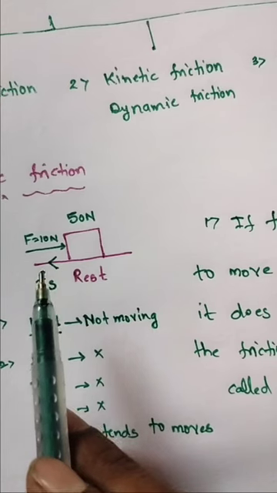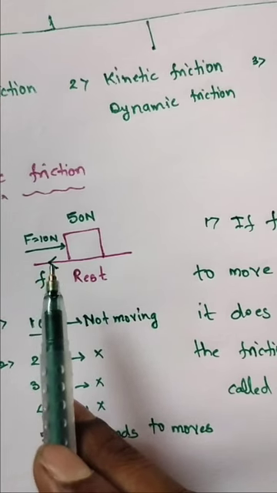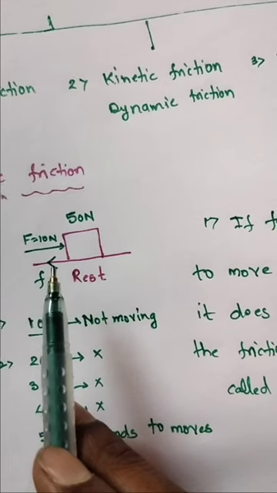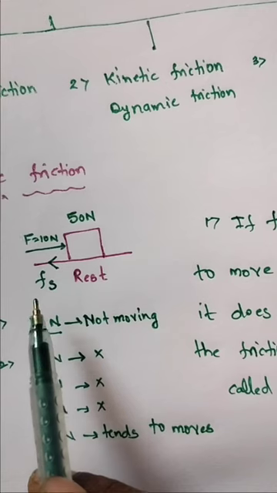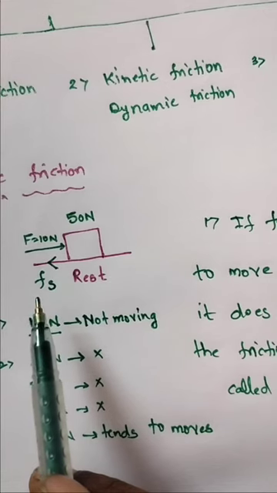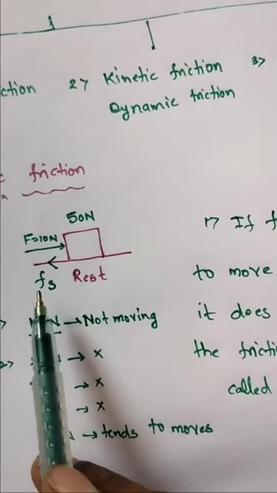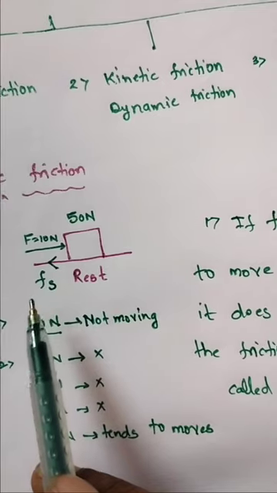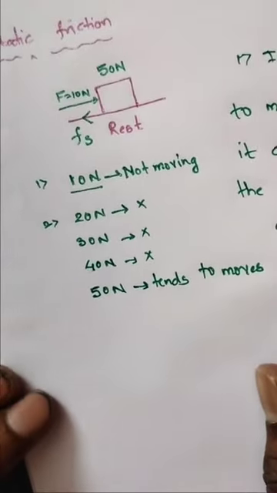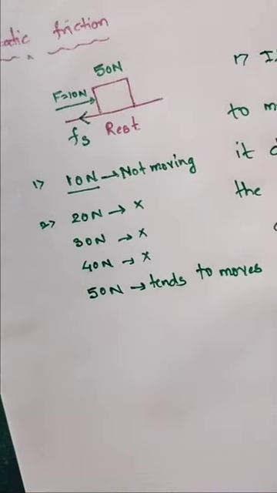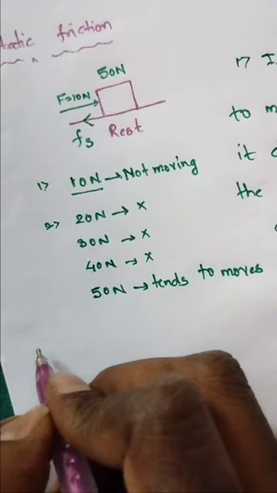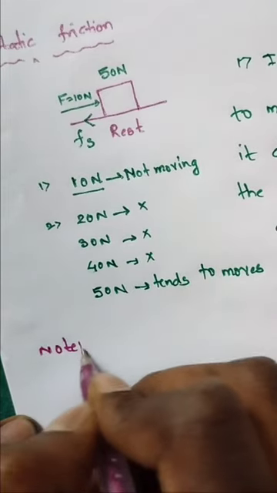When it is about to slide on the table, the static friction reaches its maximum value, and it is equal and opposite to the applied force. Note: